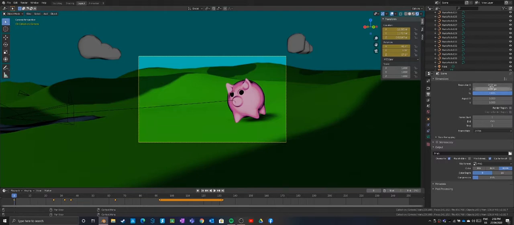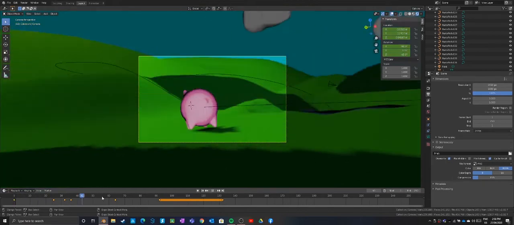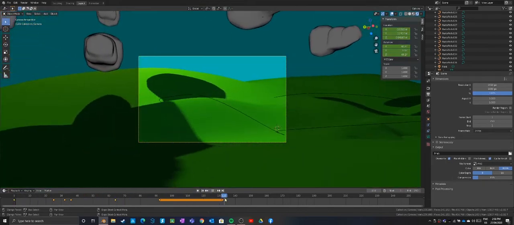Now your resolution, I've got it set to 1920 by 1080, that's your standard HD, but if you wanted to set it to 4K, 8K, really whatever you want, you can. But for the sake of not being too taxing on my computer,